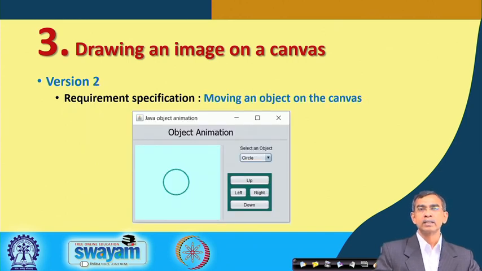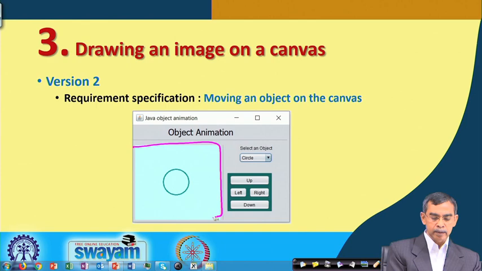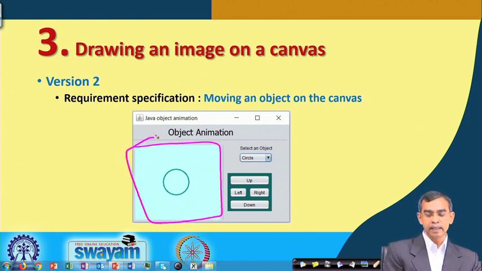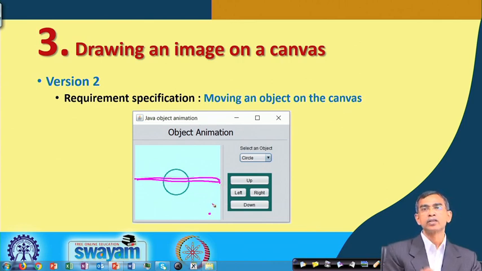So, here you can think of an applet program for that, and the view of the applet will look like this. This is basically one area of the canvas, and this is the control area. If the user selects up, then what will happen? This object will move up and then go there, and again come here. So, this way it is a movement in this direction. On the other hand, if it is right, then it will move from this direction to this direction and come here, again in this direction, and if you click again, it will stop moving.